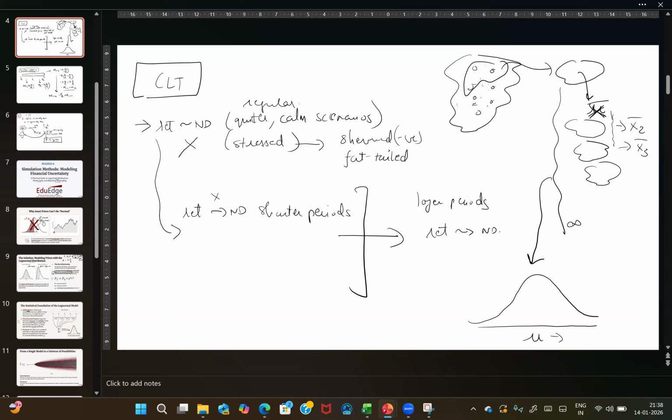So mu tends towards a normal distribution if the number of samples tends towards infinity or is very large. Yeah, so we keep repeating this experiment. Ultimately, we are going to get a normal distribution. So even if we start with a non-normal distribution, we could end up getting a normal distribution on the